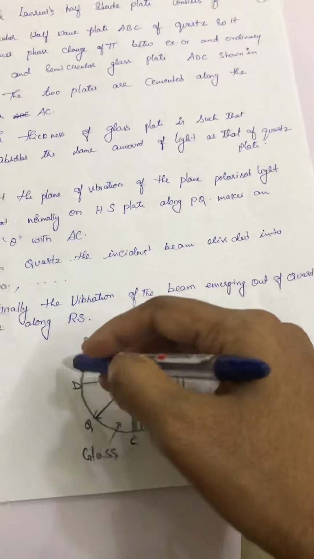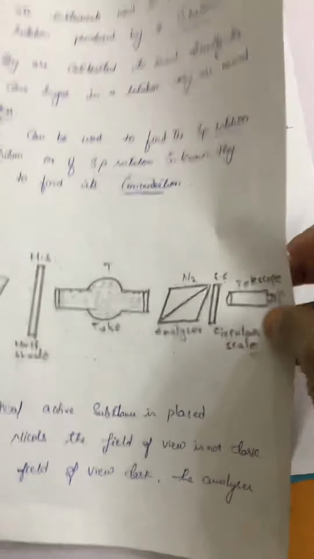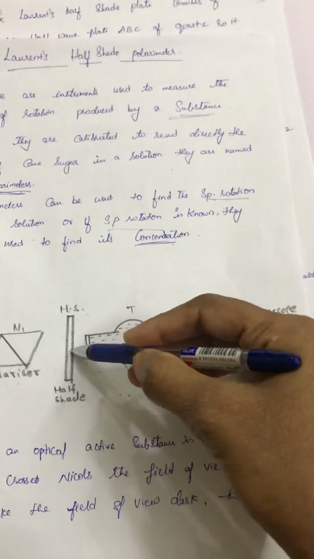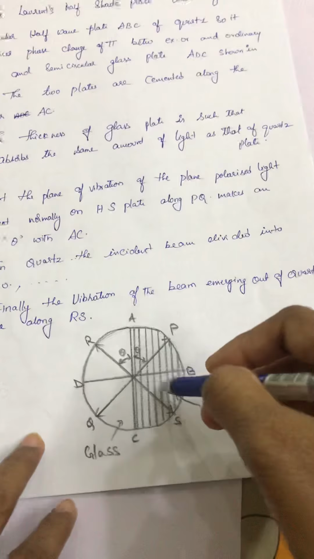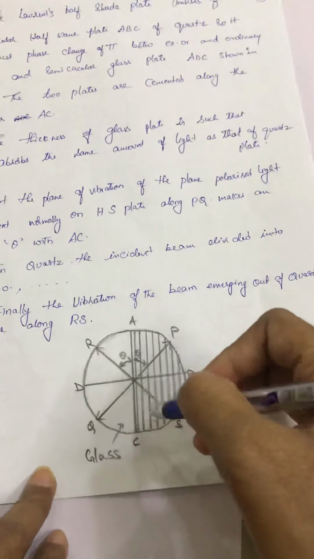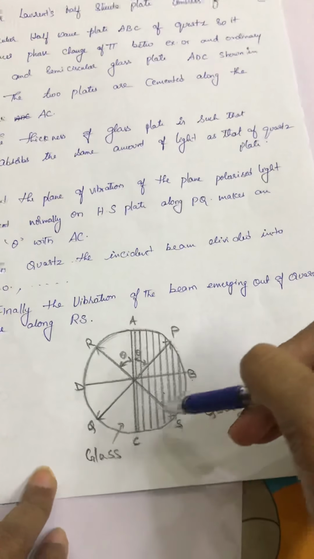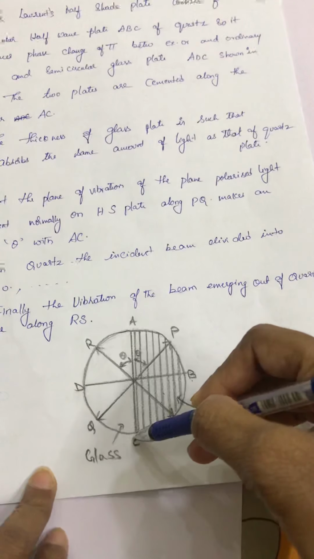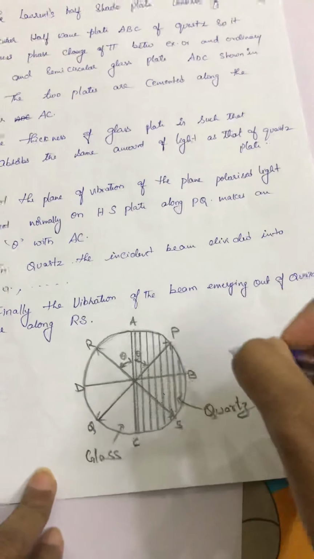half wave. This is our Lorentz half-shade, that I am showing here. We can see the diagram. So the Lorentz half-shade polarimeter consists of a semicircular half wave plate ABC. See here, this is ABC, of quartz. So it introduces a phase change of pi